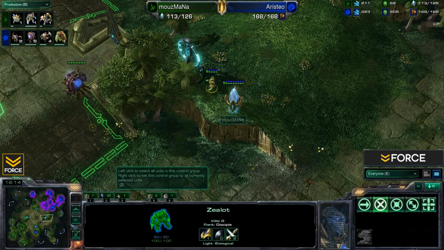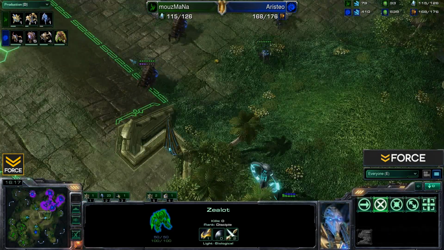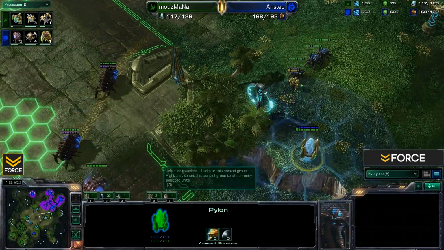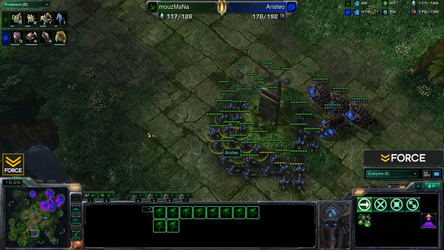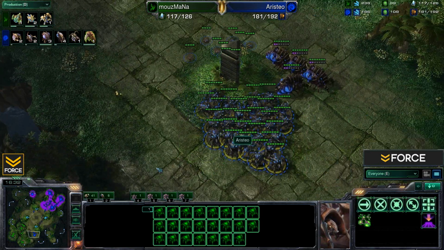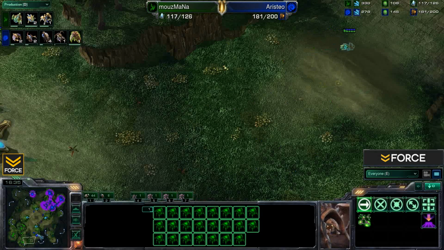Overlord did scout out that pylon. Hopefully that is something that Aristeo takes care of. Looks like he'll be doing that right now. Moving down with just a couple of roaches, taking out that zealot, and then that pylon is next. There are the burrowed roaches, preparing to mobilize, actually at the moment just regenerating their health, dancing around and then